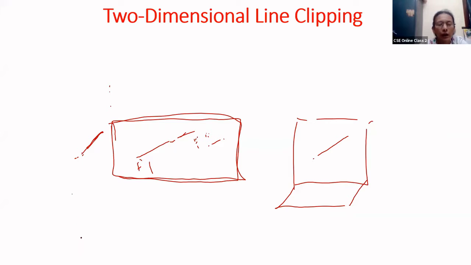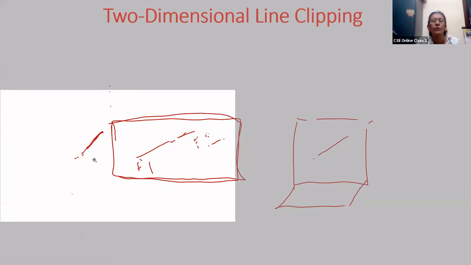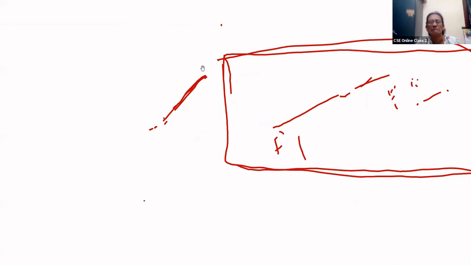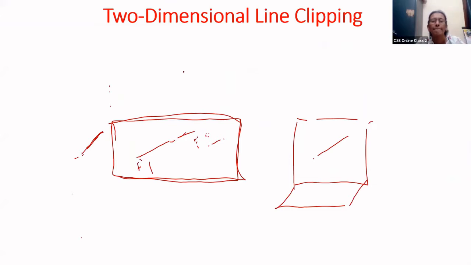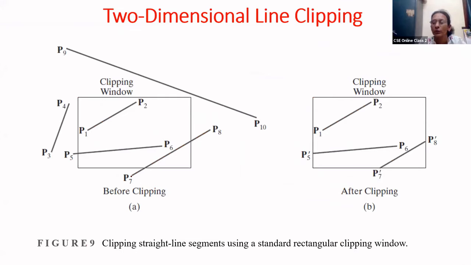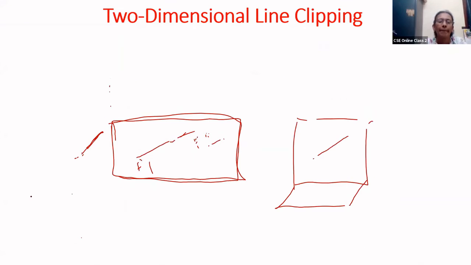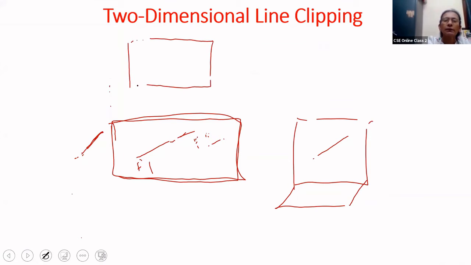Now, say I take a third line. Say this is my clipping window.